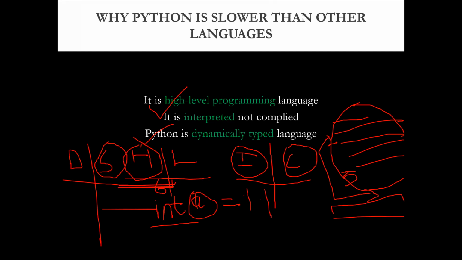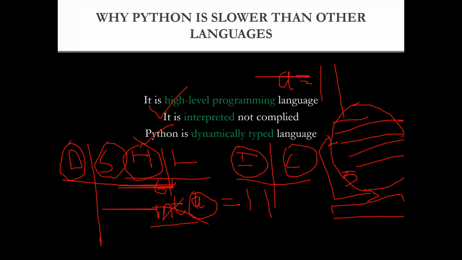So whatever value we are giving to the variable, it is a hard and fast rule that you have to mention the type of the value being stored in the variable. This is in the case of statically typed language. But in the dynamically typed language, like I said, the whole purpose of creating Python was to make its syntax easy. So here we don't have this extra overhead. We can just simply write a is equal to 1. As soon as the interpreter sees this value, it will understand that this is an integer type. If you give a is equal to 1.1, the interpreter will understand that this is float.